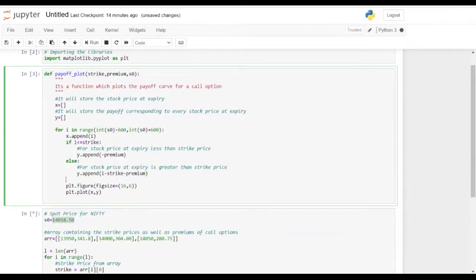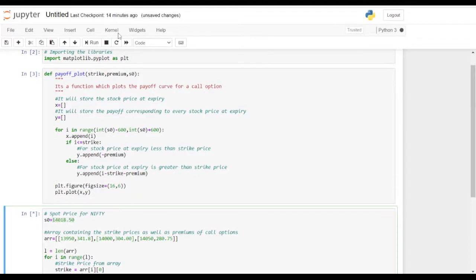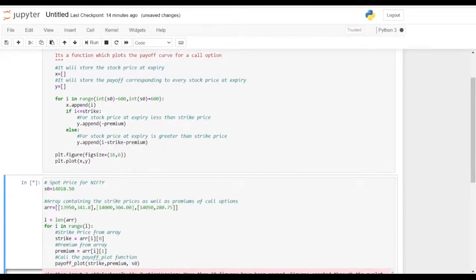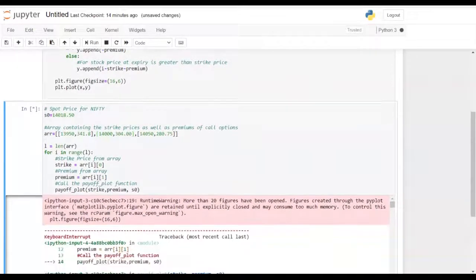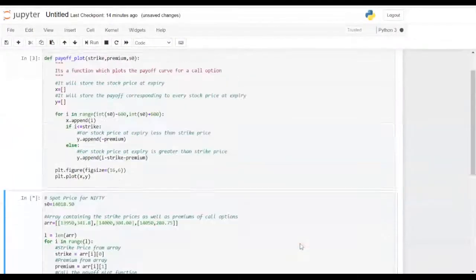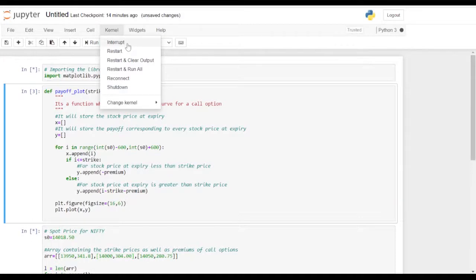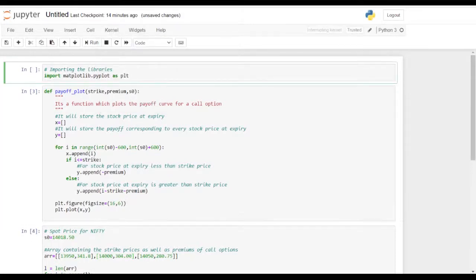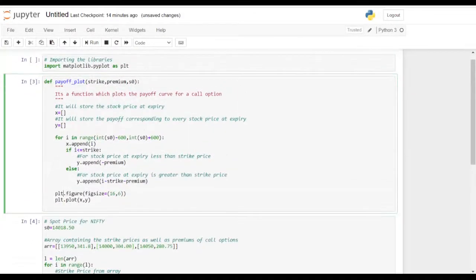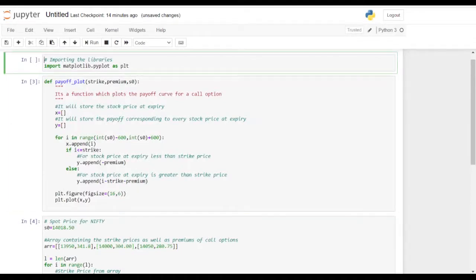plt, yeah. So it won't be inside the for loop. Obviously, it will be outside the for loop, because you don't want your for loop to be plotting a figure for each iteration, right? Kernel interrupt. You just want it to be plotting for the final array. So this could be the mistake. This usually happens. You should take care of what elements will be outside the loop and what will be inside the loop.